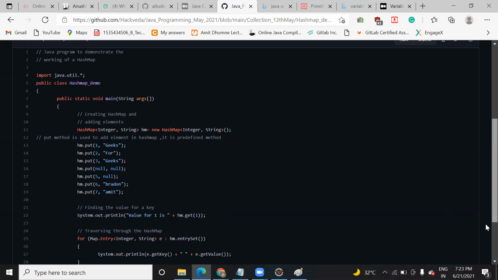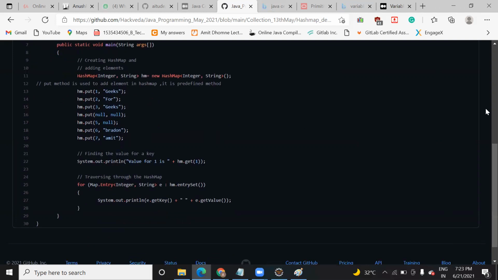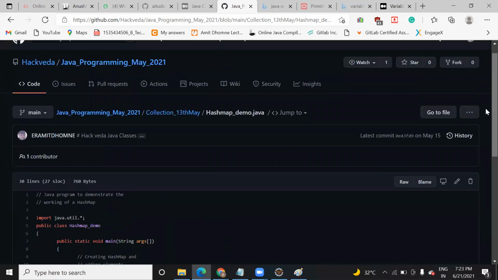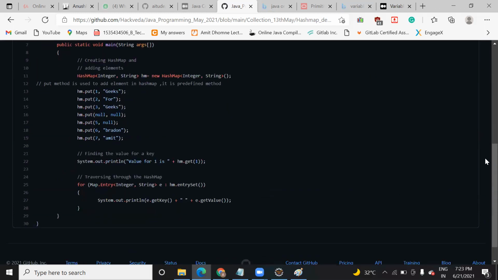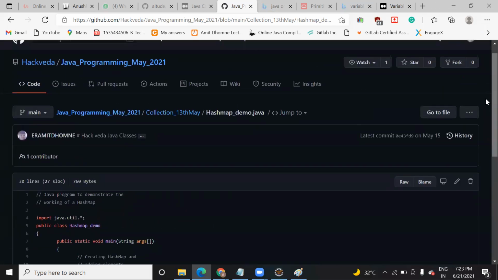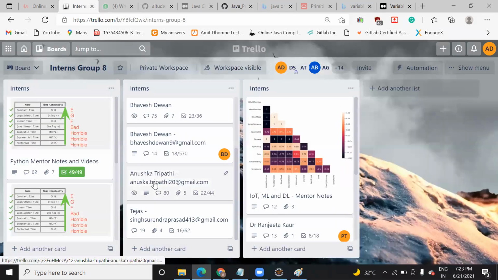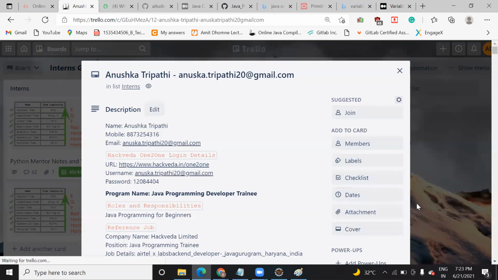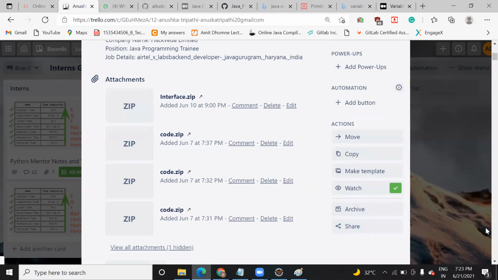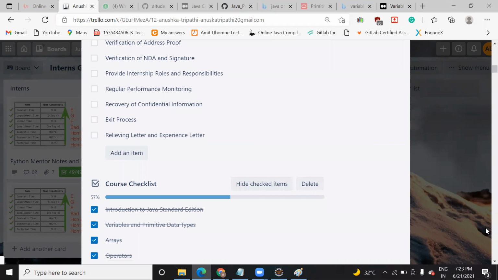So can you do this practice on this collection part today? Yeah, okay. Have a look at this, run the code, and if you face any error, just ping on Trello. I will ping you there. And tomorrow I will start your data structure, and in the weekend we will do the UI part.